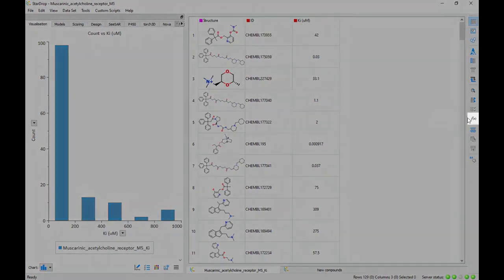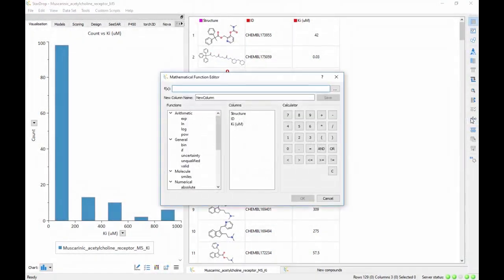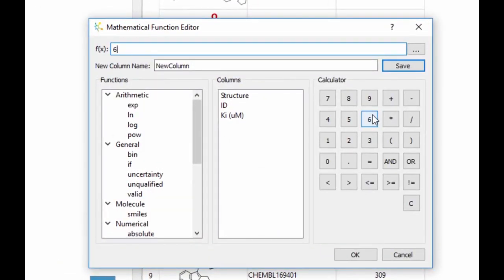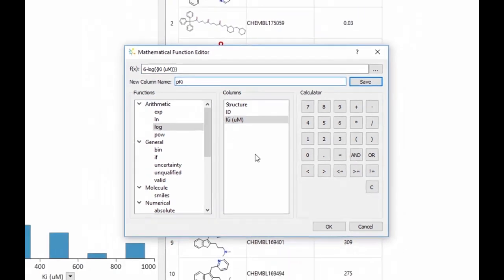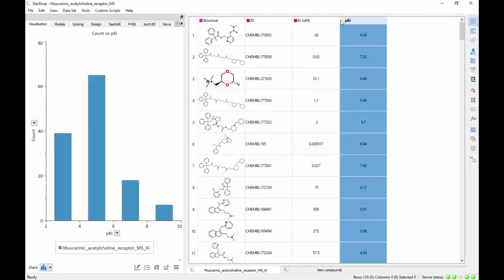Select the f of x button on the toolbar to open the mathematical function editor. In the f of x field, enter the equation 6 minus the log of the Ki in micromolar. This can easily be achieved by pointing and clicking in the editor. Enter the name of the new column, pKi, in the new column name field and click OK. The new column containing pKi values will appear in the dataset, and now we're ready to build a model of